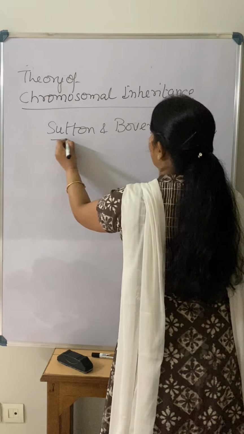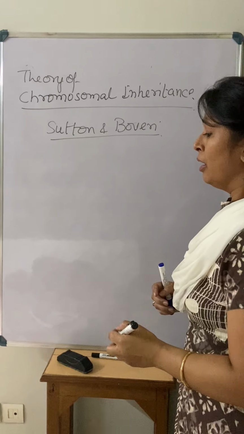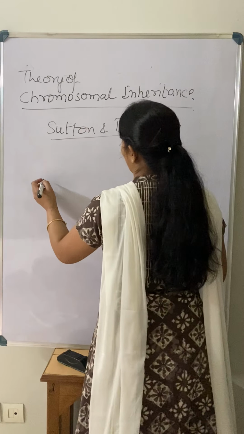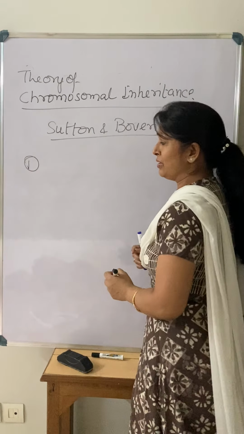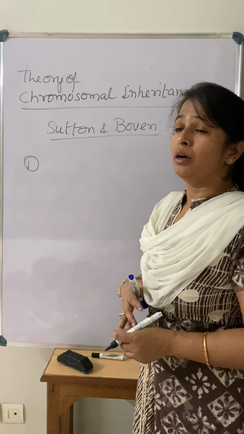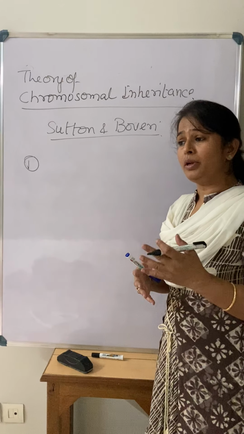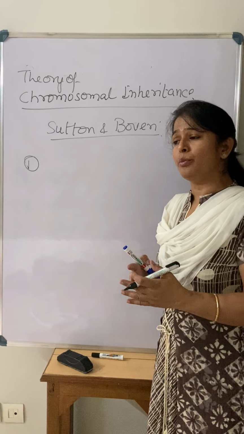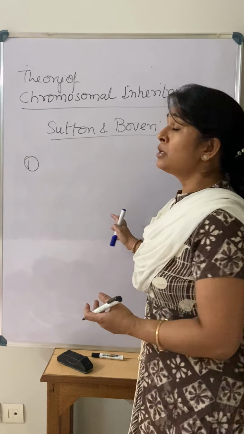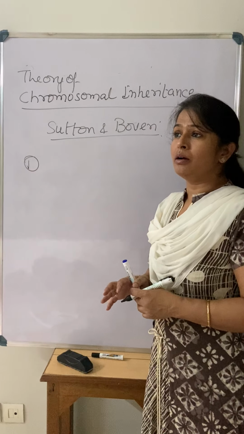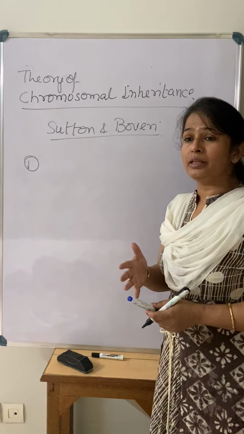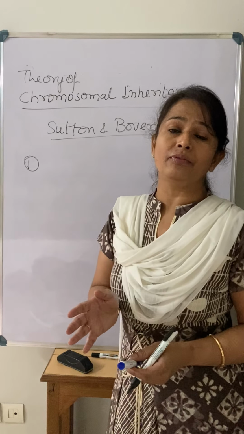So what was given by them? If you go through cell division, you get to know that during cell division there is a segregation of gametes, and during gamete formation there is a segregation of chromosomes, actually a reduction in the chromosome number. If you remember, there was the G1 phase, S phase, G2 phase, and after that they enter the M phase. Meiosis is there for gamete formation.